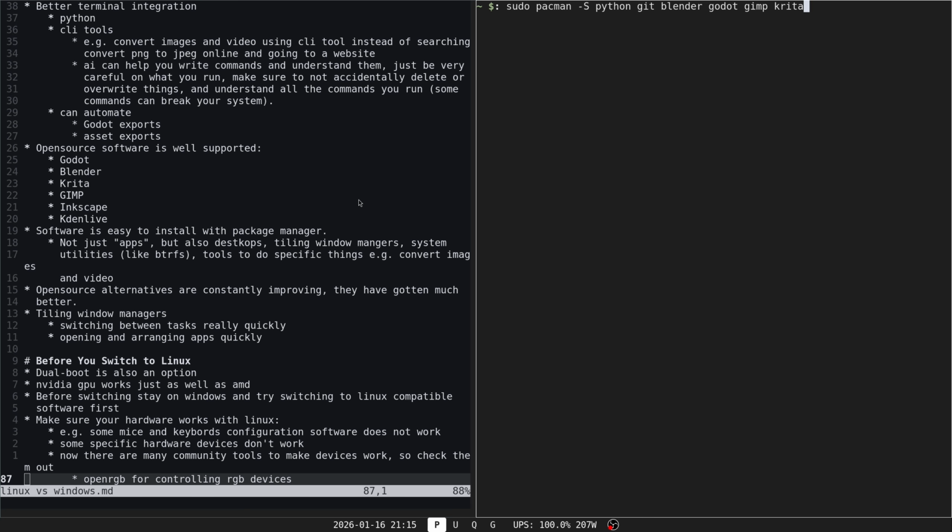You might need to learn how to use them, but these days, AI can help you with that. It can help you write a command to convert a PNG to JPEG, for example. And make sure you understand every command you're running. It doesn't matter if you got it from some forum or from AI. If you're not careful, some commands can break your system. Like, you wouldn't just go on Windows and delete system files. That can break your